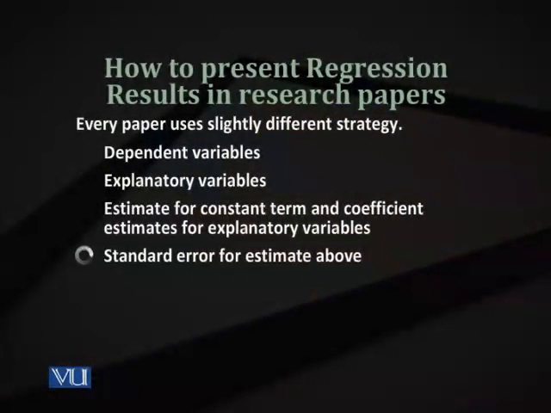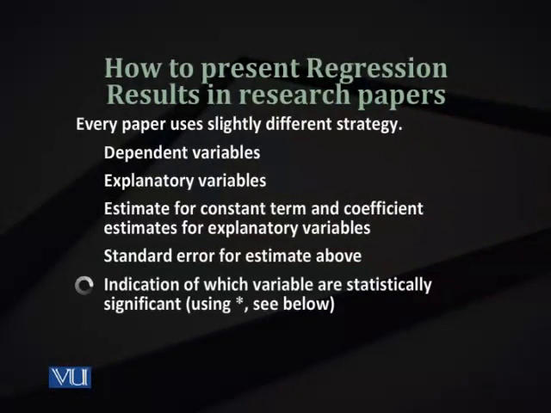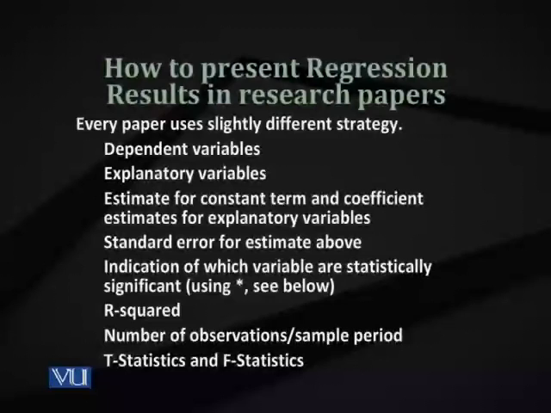And then you have standard errors. You also may indicate the significance of the coefficients by putting some sign in front of the coefficients like asterisk, or other signs or symbols that show the level of significance at which the variable or coefficient is significant, at 5% or 1% or 10%. And you will have a footnote which will show what symbol represents which level of significance. You may also display the value of r square, which is the coefficient of determination, to show the explanatory power of the model. You may also display the f statistic, which shows an indication of the goodness of fit, and